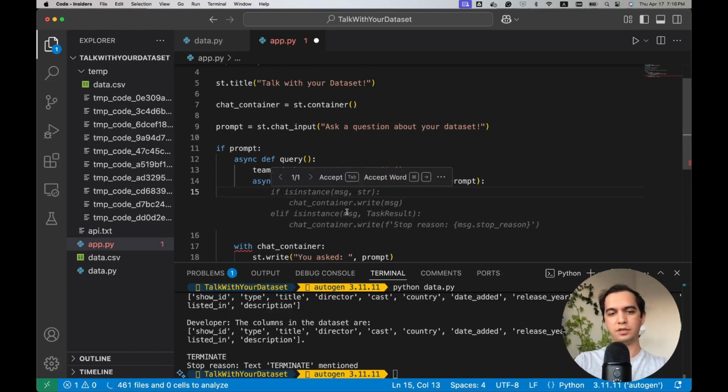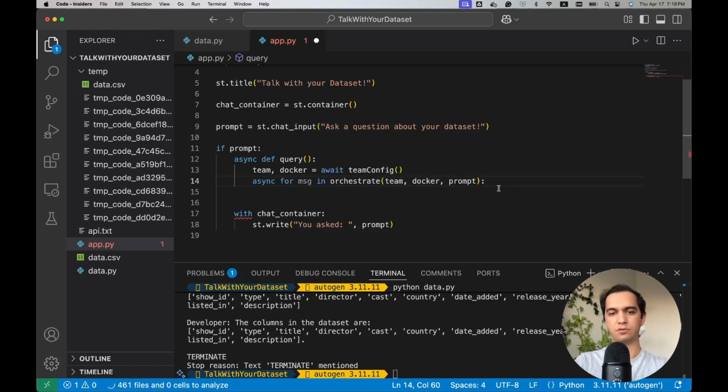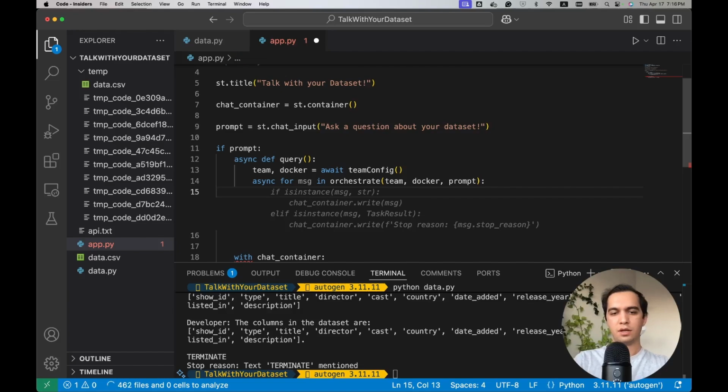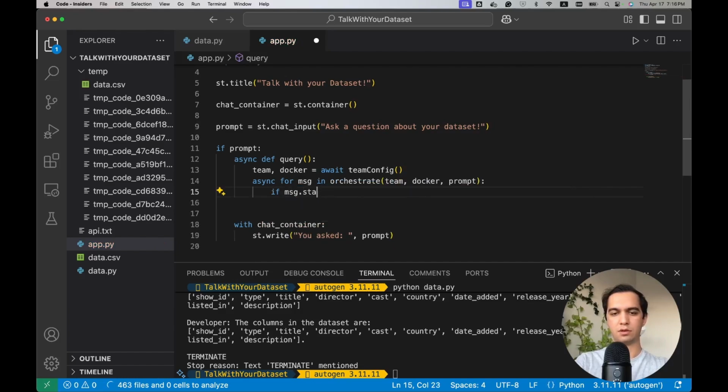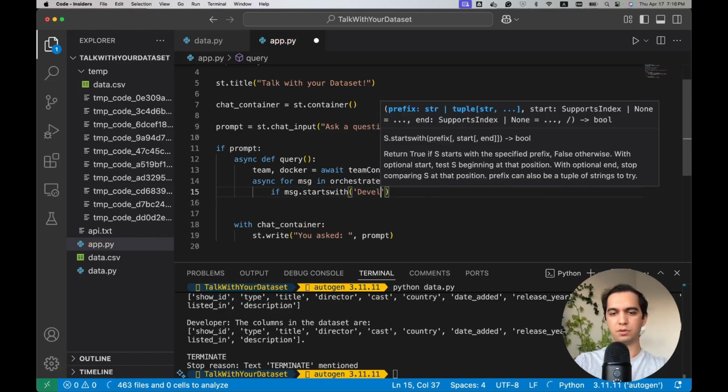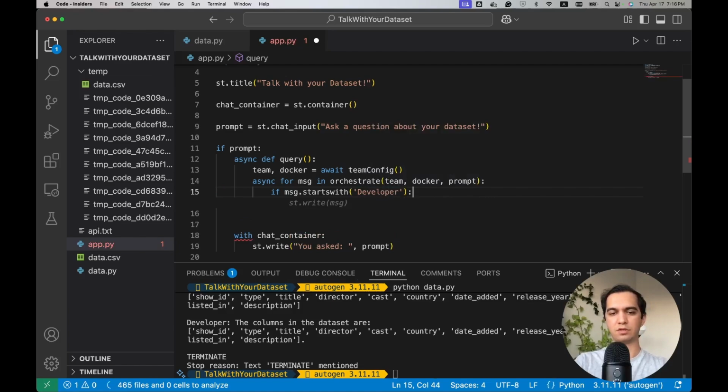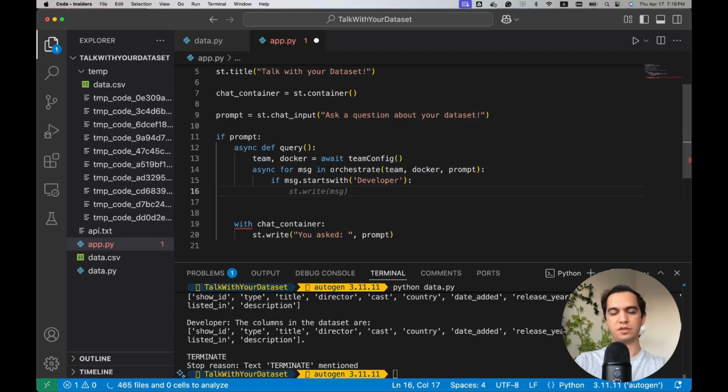okay, now I need to work with st.chat_message. It's an element to visualize each chat message. So first of all, I should see where this message is coming from. Is it from the code developer or from the code executor? And once I know that, I can change the avatar and the name of that agent in my visualization. So let's say if message starts with developer, this means that this message is coming from the developer. Then I would say with